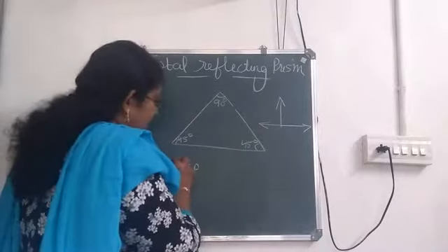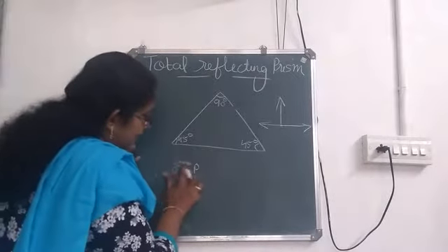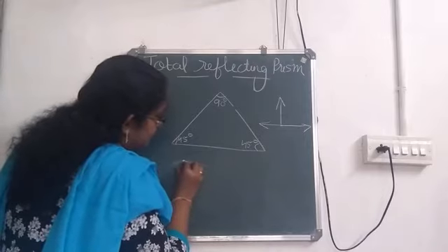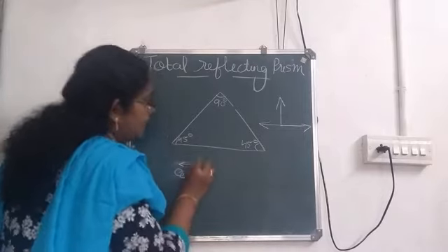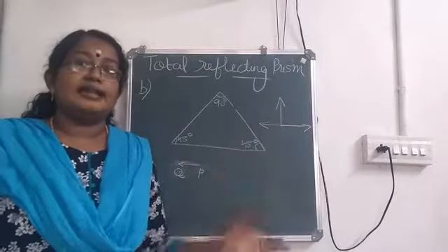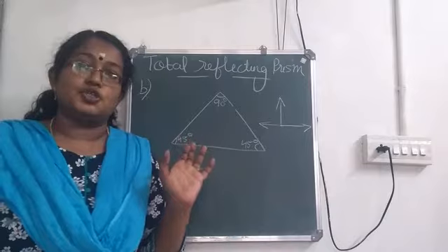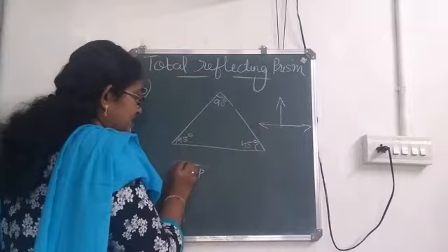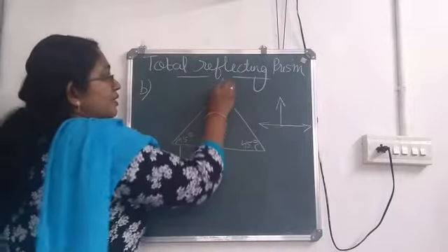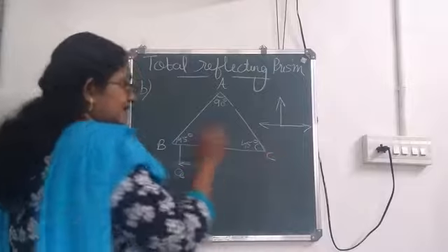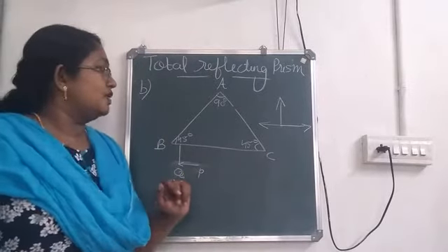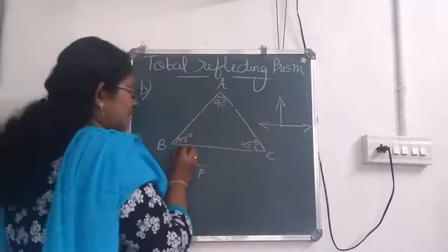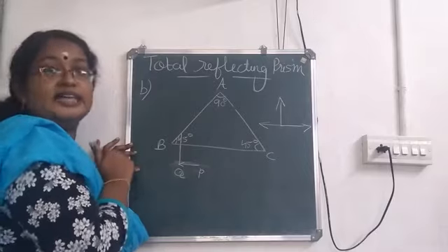So let the object PQ be like this. This is our object. And now using this prism, we are going to rotate or deviate this by 180 degrees. So first I am considering a light ray from Q. A, B, C. It hits on the surface BC. It is normal incidence. So what happens? It enters without any deviation.